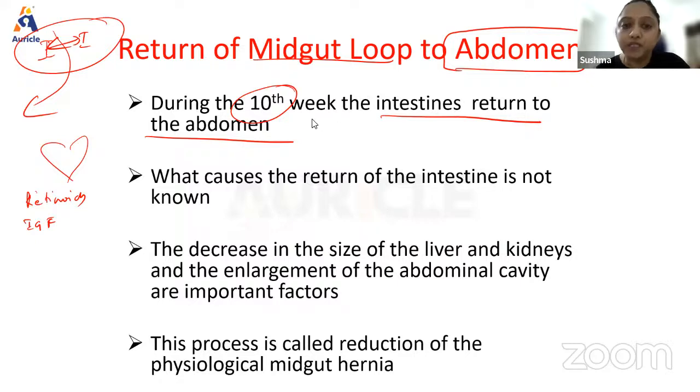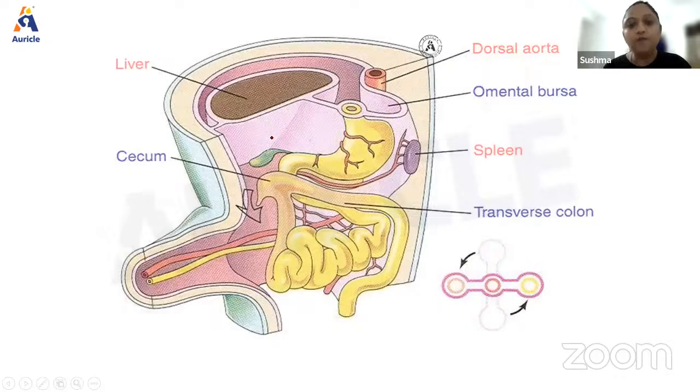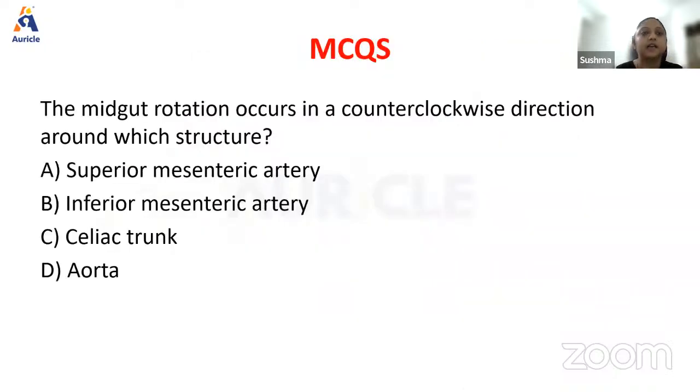Okay, let's say if this process does not happen, then what happens? Those are the questions. There are so many conditions when the midgut fails to return back to its position in the abdominal area, and that is where we have so many issues. Understanding, guys? The midgut rotation occurs in a counterclockwise direction